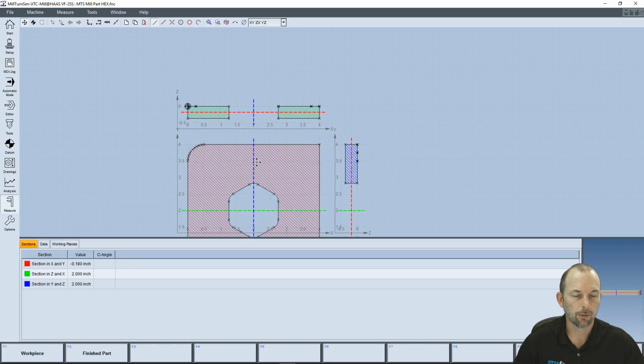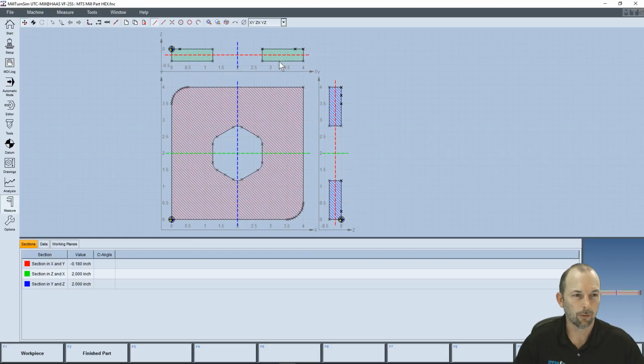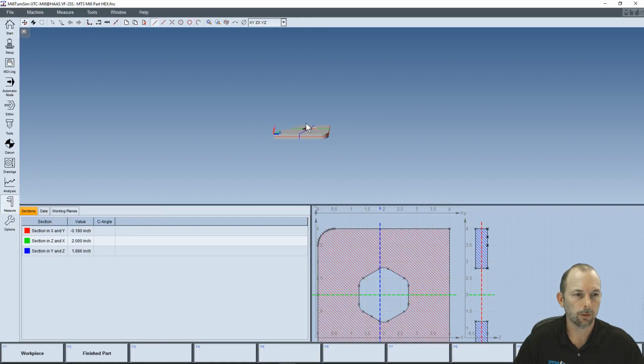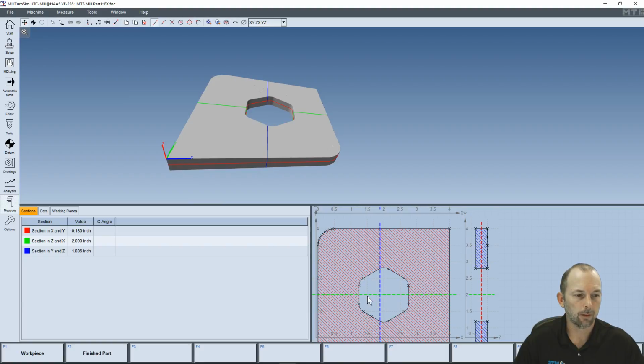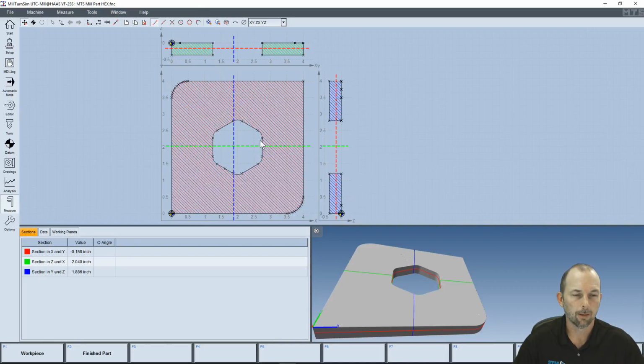We have a measure function, so we're now able to measure. You see this in an orthographic view again, and we can slice this part through different pieces of the part. If I switch in the window so you can see the part a little better, as I move these red and green and blue selections, which match the triad that we saw in there for X, Y, and Z, if I move those back and forth, I'm slicing that part, and I can take measurements about wherever I slice that part. If we switch that back,